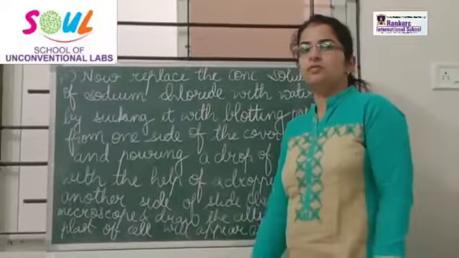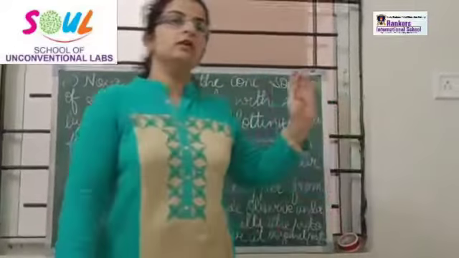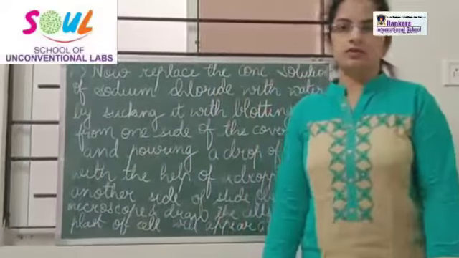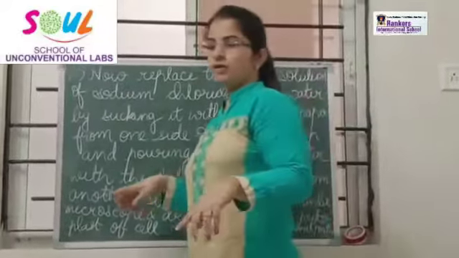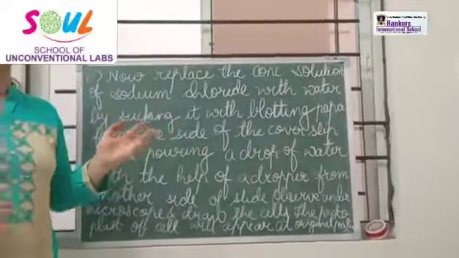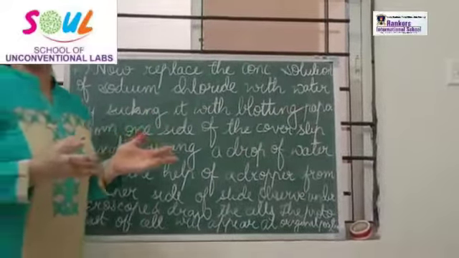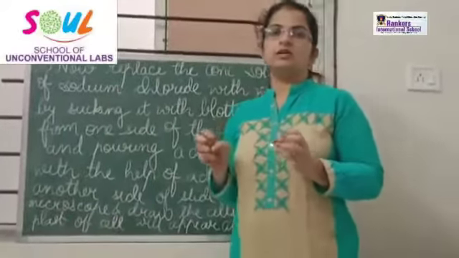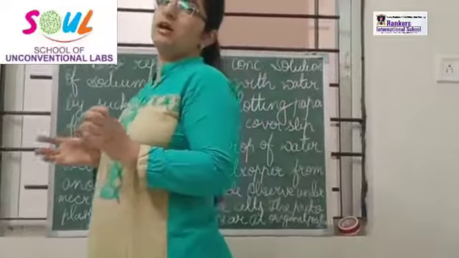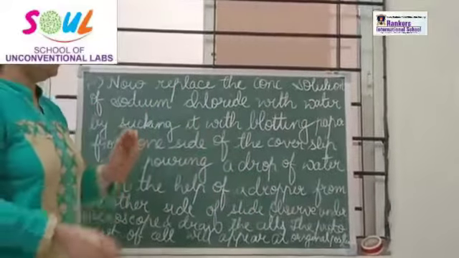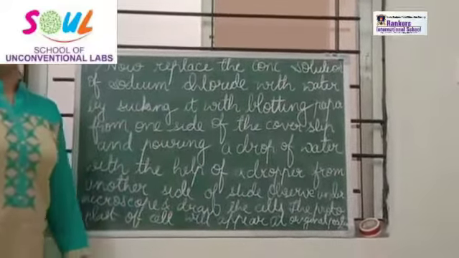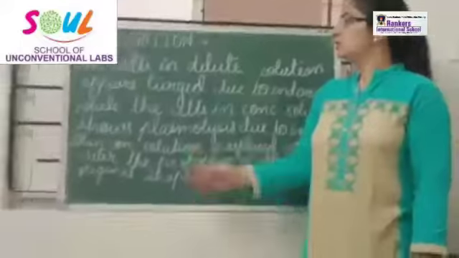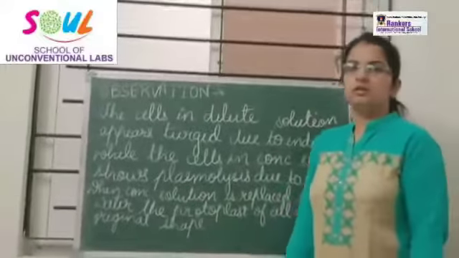What you will observe in the microscope, in comparison between sodium chloride and potassium chloride, you will observe under the microscope and mark the boundaries, and you will see the difference between the diagrams of both: the cell will shrink in one solution, and it will deplasmolyse in the other solution. That is the difference between the two processes, plasmolysis and deplasmolysis of the cell, the things we observe under the microscope.